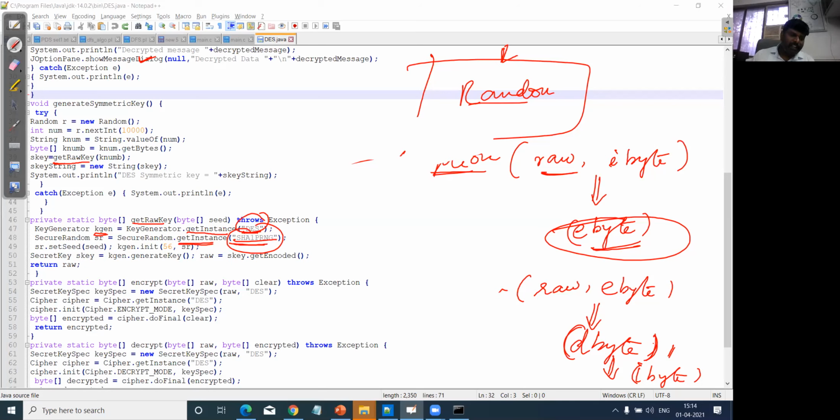SecureRandom is again a function, with the method getInstance followed by the value we mention in the brackets. Again, when we talk about the seed, based on SecureRandom, the seed is the bit-by-bit feeding information, and that will be carried out for this value, which is 56 bit.